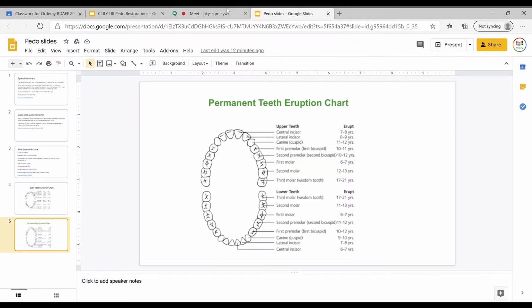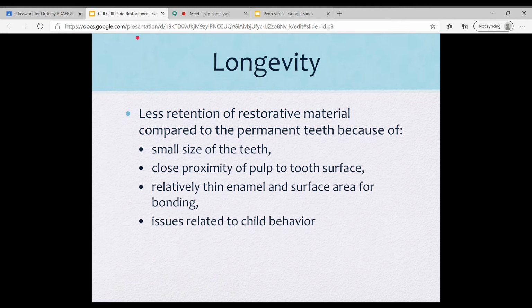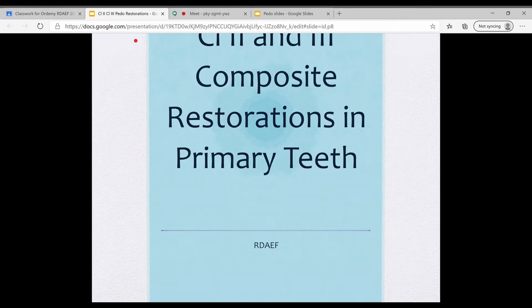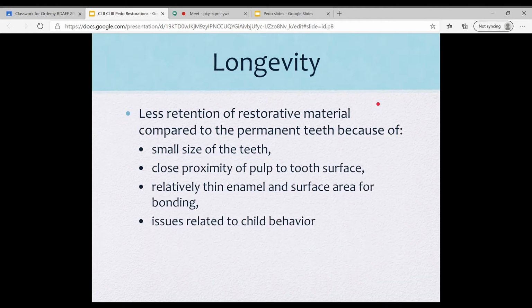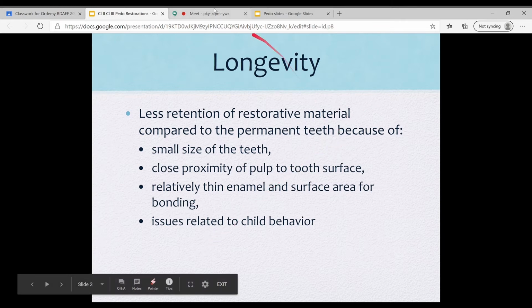All right. So I am going to go ahead and present then. I wanted to talk to you guys about composites, amalgams, glass ionomers, SDF, space maintainers. We have a lot of stuff to cover, but I'm going to be quick and fast. So composites are almost similar to those in permanent teeth. There is not much difference except that,